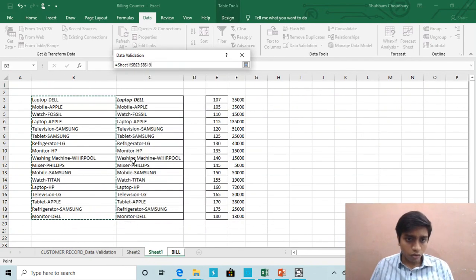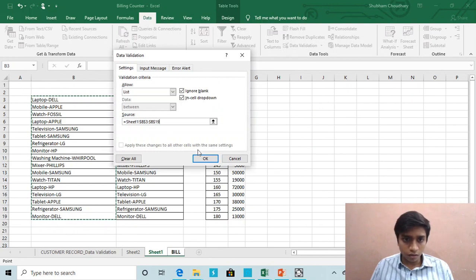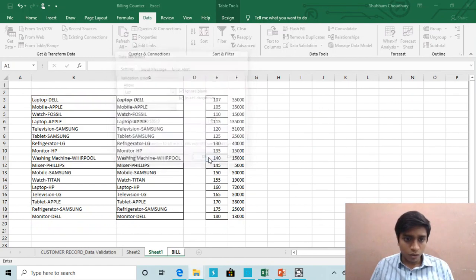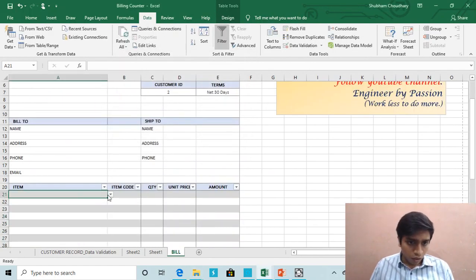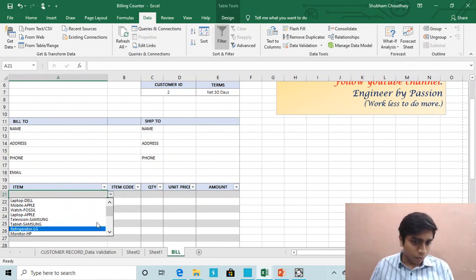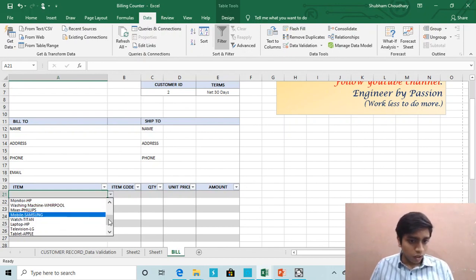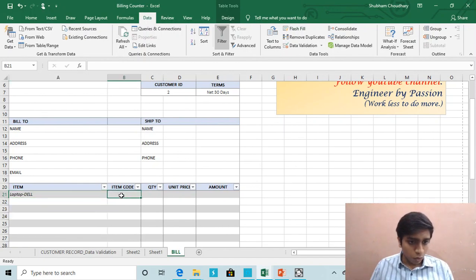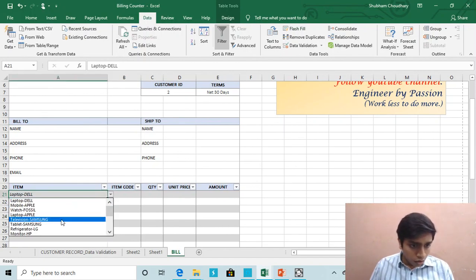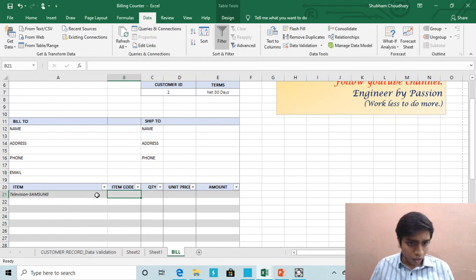I will just give the range and press OK. So now you can see that it has given me a drop down menu where I can select whatever product has been sold. For example, let's say laptop Dell has been sold, or television Samsung, or anything, watch Titan,